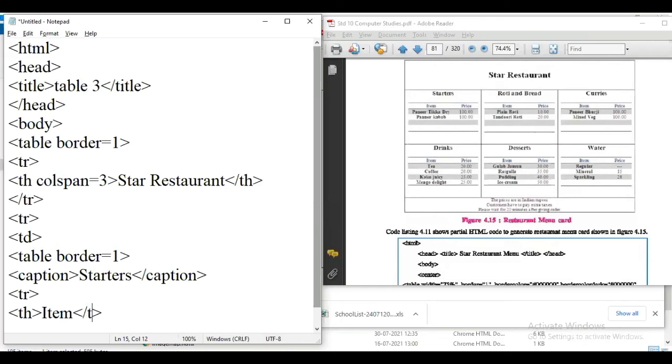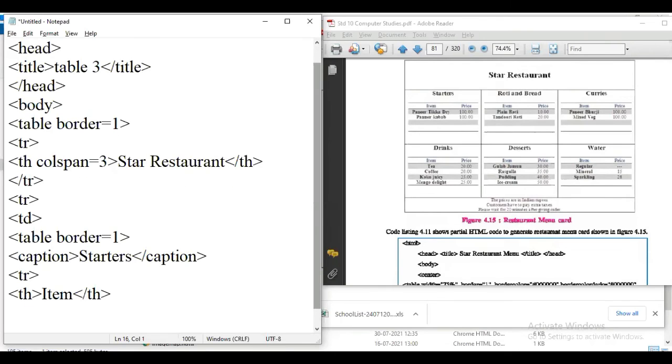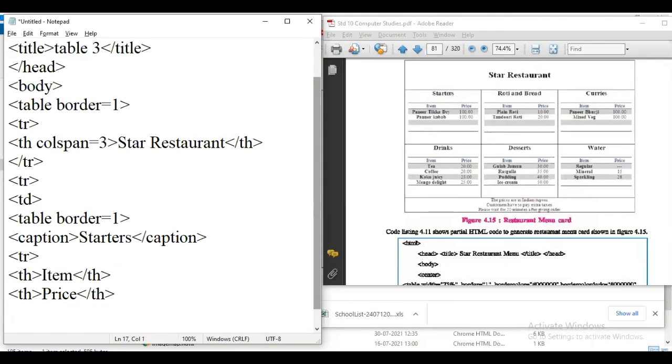So th close, then second th and price, and then th close. And now this first row is finished. So we are closing this. Now let's see this output.